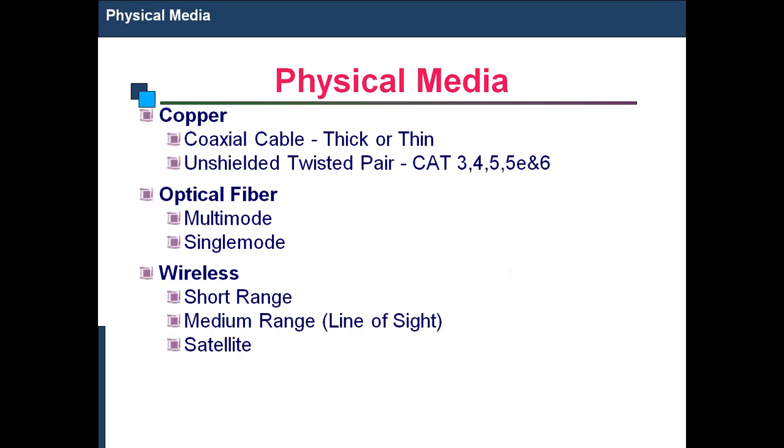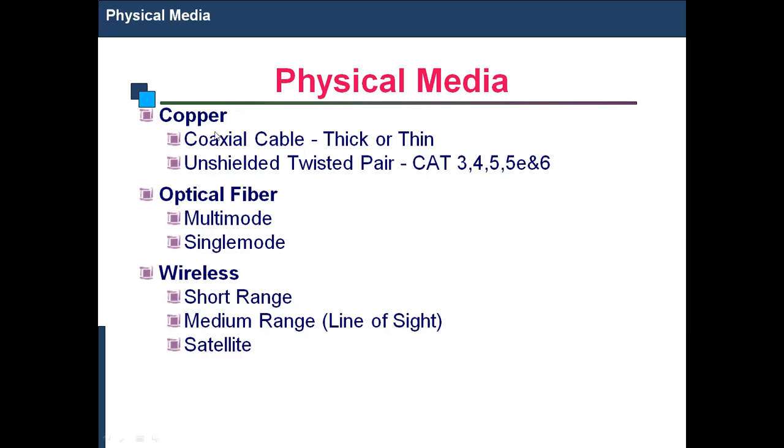Now, what are the different types of physical media available based upon guided and unguided? First, I will discuss guided medium. In this guided medium, the best example is copper cable. That is, the physical medium, copper cable, is connected between sender and receiver.